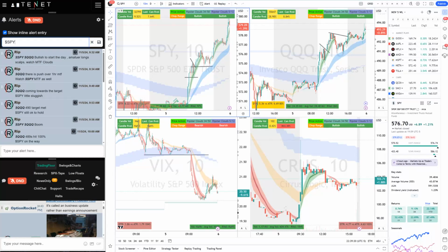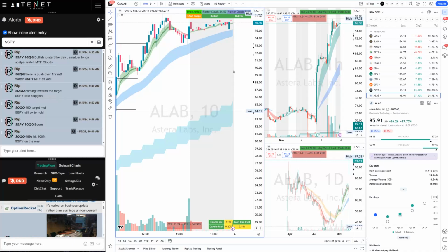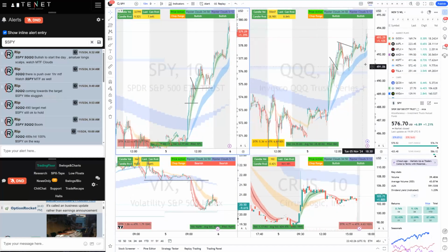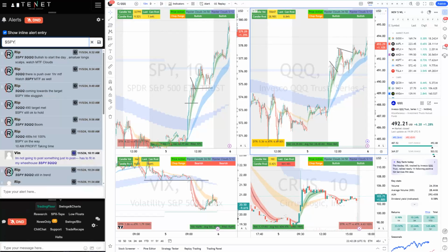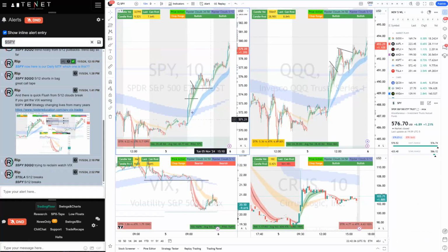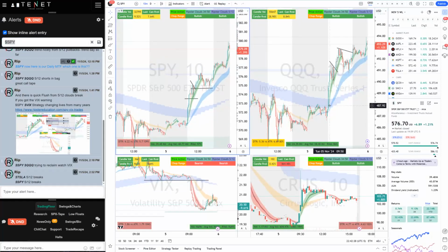Let's go. All right, so we're going to start with SPY QQQ, and we're going to talk about our SPY QQQ trades in the community today. SPY QQQ was a pretty easy setup this morning in the community. We provide these levels. You see these resistance pivots, and what are we looking at? We are looking at the MTF clouds here, and these MTF clouds right here. Then we have another daily MTF cloud up top.